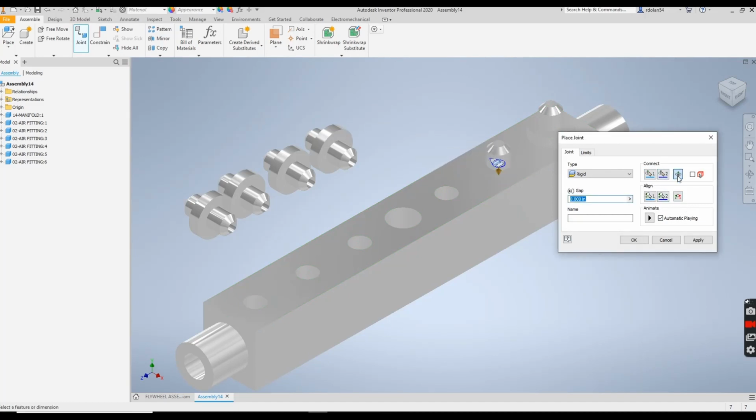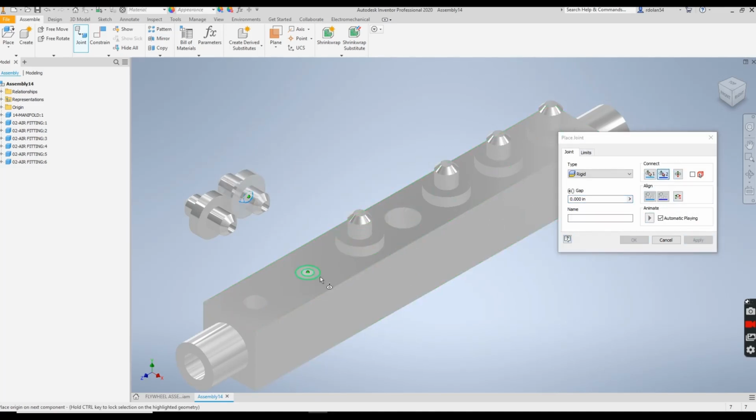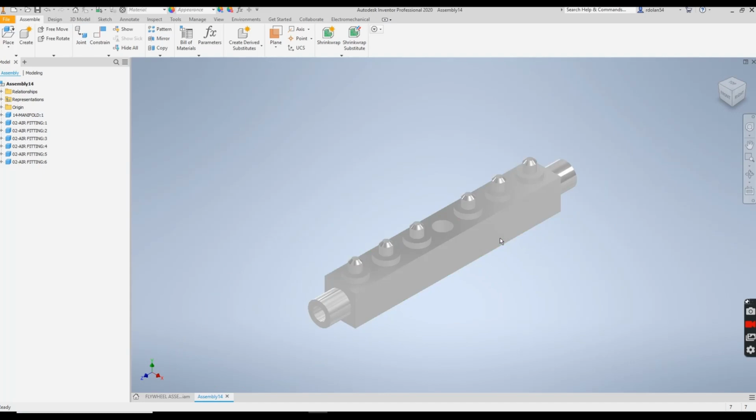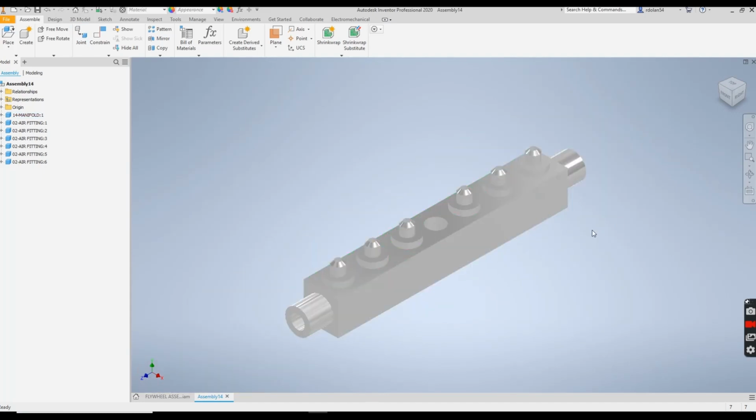Flip it around, pick apply. And now that is our manifold assembly. So now we'll start putting the parts